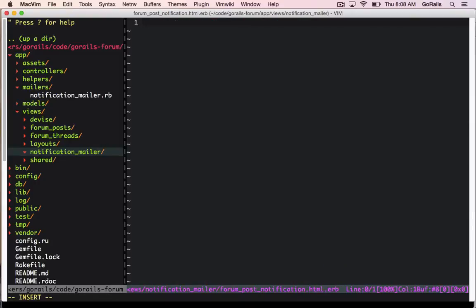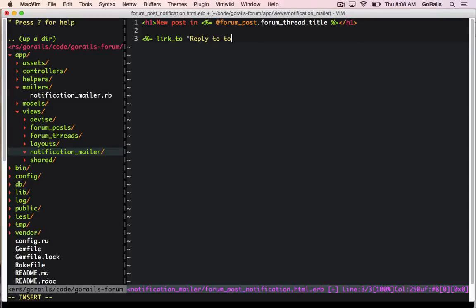So if we edit the app views notification mailer and we call it forum_post_notification.html.erb, here we can add just any message: new post in @forum_post.forum_thread.title. So we'll have a little header in there, and then we can have our link to reply to this comment, and I'm going to put this in a paragraph tag,